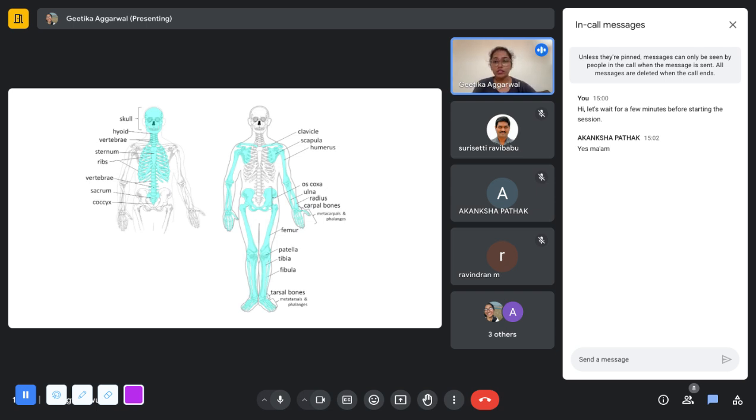Okay, if nobody wants to take a guess, the one that is along the midline is called the axial skeleton, which is along the midline of our body, and the skeleton or the bones and the muscles that are found in the limbs, in the appendages, are called the appendicular skeleton. Okay, so these are the two broad categories based on the location where these bones and muscles are found.